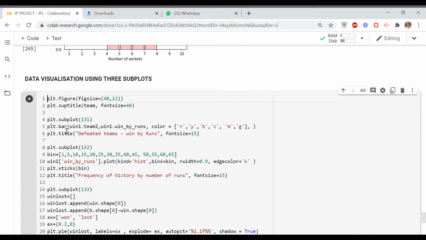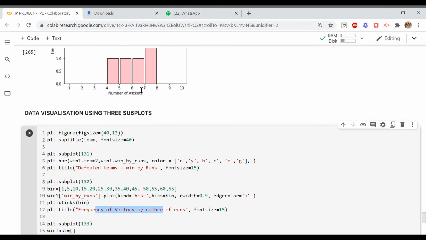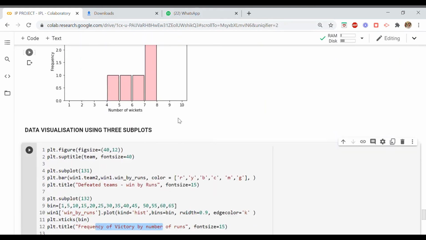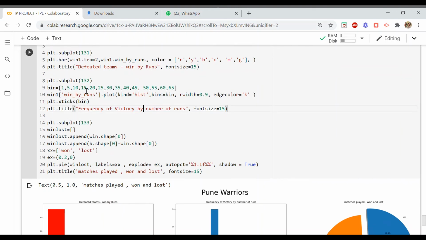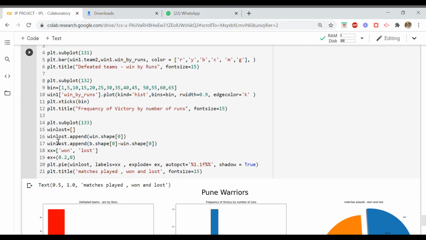This is plt.bar 1, this is win by runs, the same graph as win by wickets. The other criteria is win by runs. Similarly, the frequency graph which we have just drawn here for win by wickets, this is for win by runs. This is my second graph over here, and the third graph is actually the number of matches won and number of matches lost.